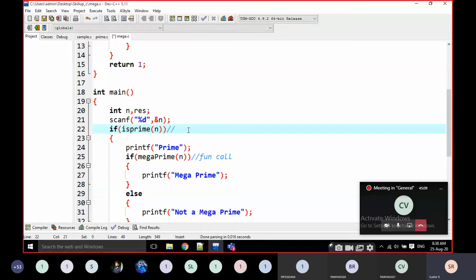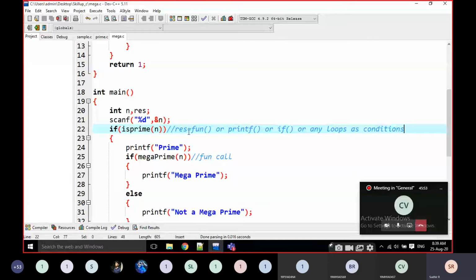Just note it down here. If the function calls are assigned to a variable name, or if the function calls are inside a printf statement, or if the function calls are in if conditions or in any loops as a condition, then in all four cases there is going to be some return value.